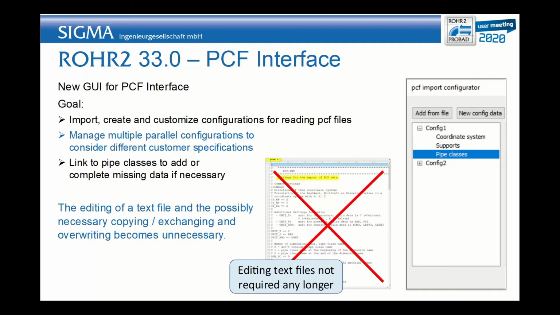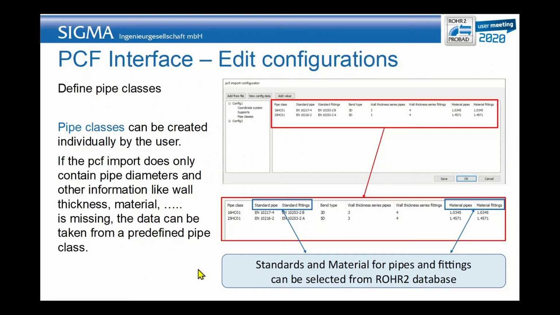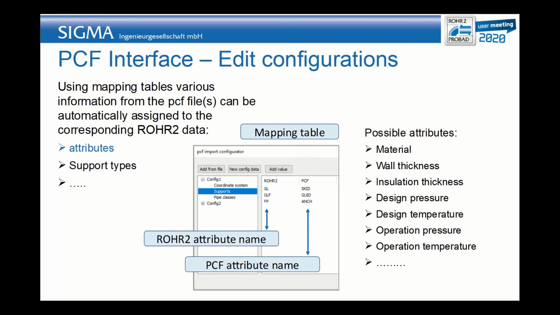different parallel configurations. So in the interface configuration you can create different configs, and for each of the configs you can define pipe classes so that the import can refer to the pipe classes and import all the corresponding elements, assigning the correct material and standards to the different pieces, so that the import is automatically much more complete than previously. The mapping table of various information from the PCF file can also be assigned to the corresponding RAW2 data,